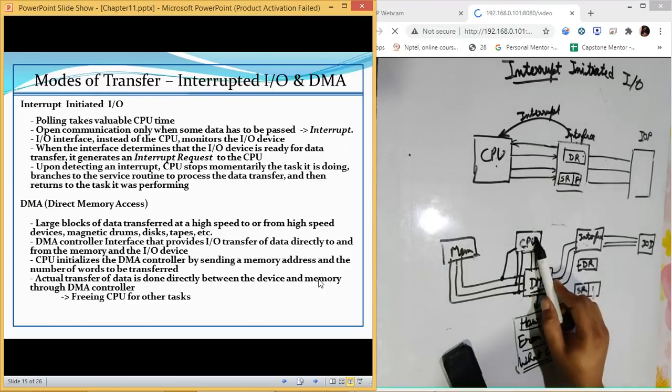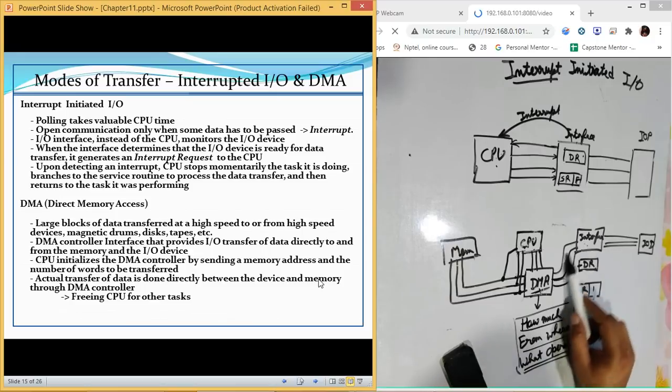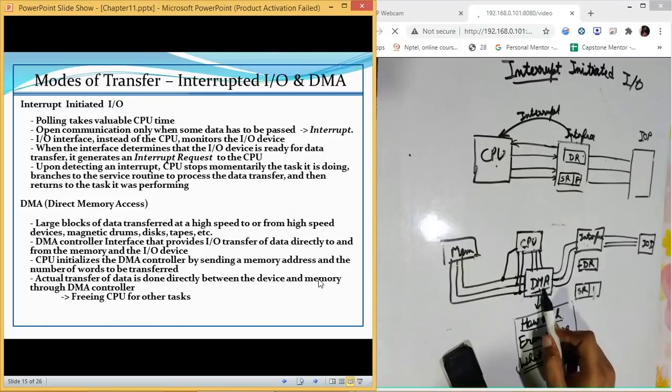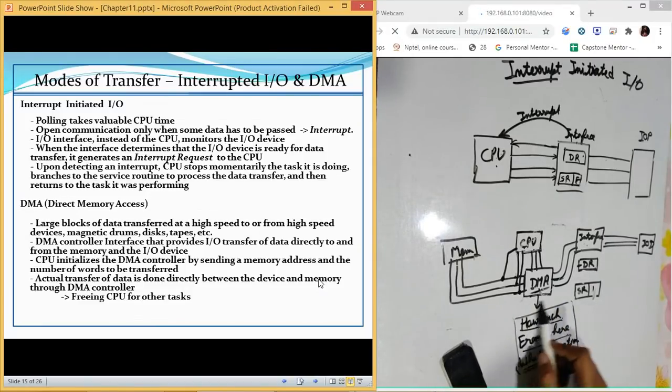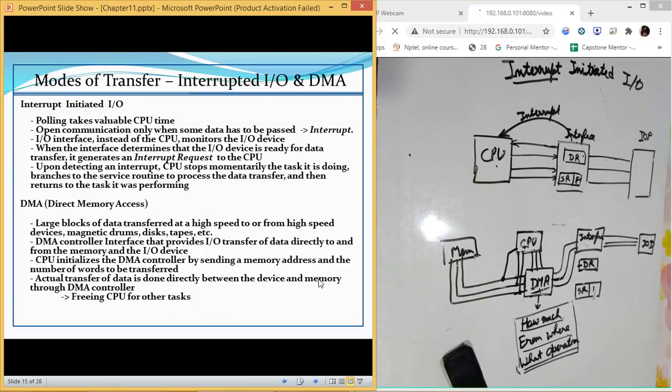If the CPU allows it, DMA will directly transfer the data from interface to memory. It will not ask the CPU to do anything. The only task which the CPU does is the initialization of DMA, by some information. Now, let us see how it works.